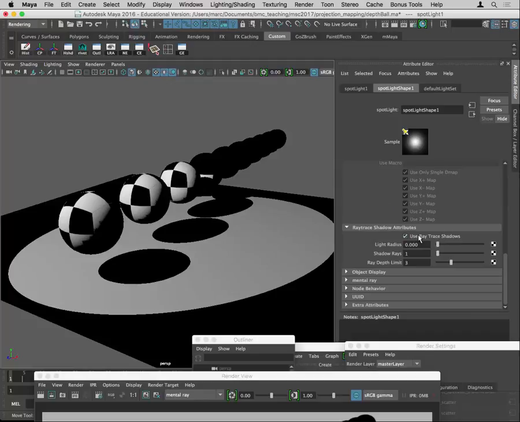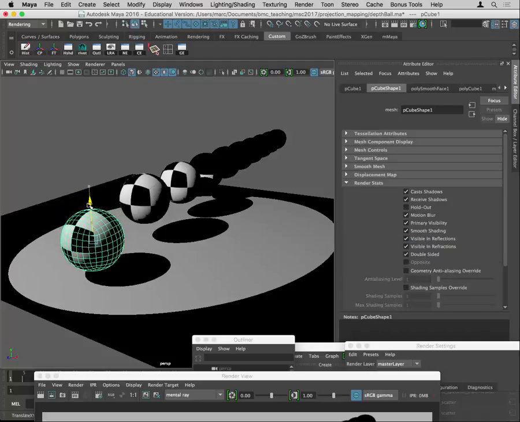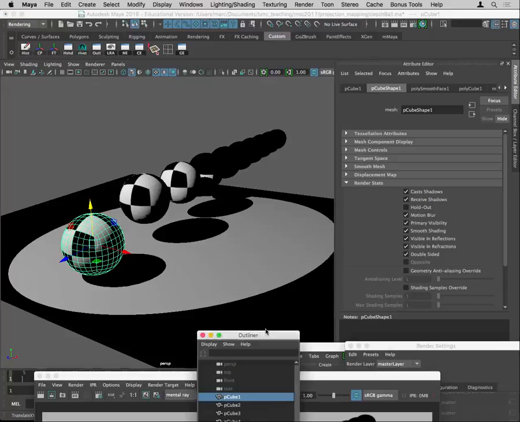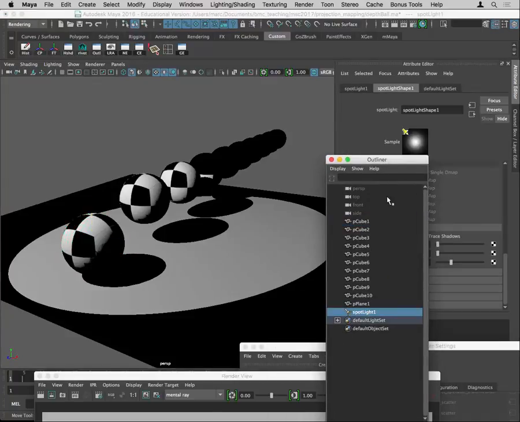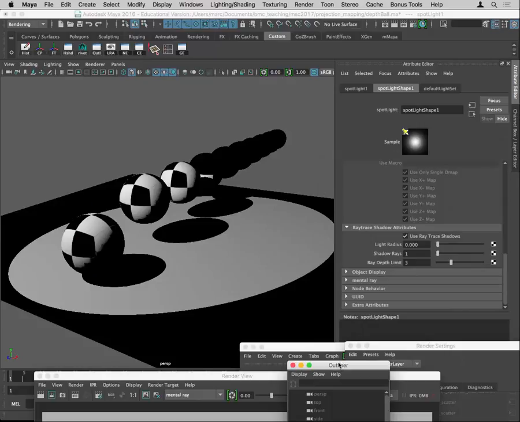But then we've got ray trace shadows here, which are probably better to use. You've got a setting for a light radius. I'm just going to move one of these spheres down towards the ground so we can see some of the effects of this. The light radius will simulate a light that actually has some dimension, because this spotlight actually starts from an infinitesimally small point and spreads out in a cone shape. But if you want real shadows where you get a penumbra and an umbra,